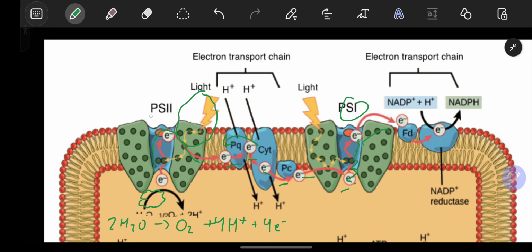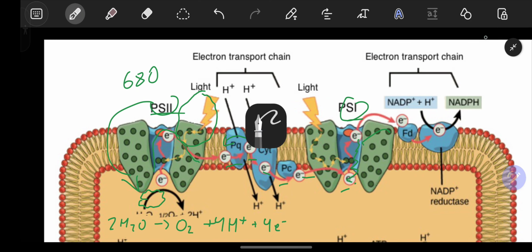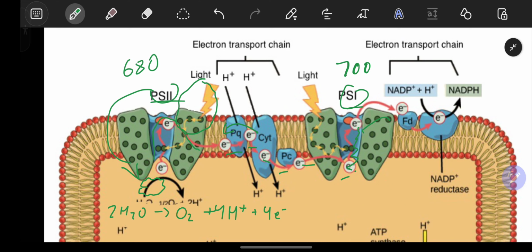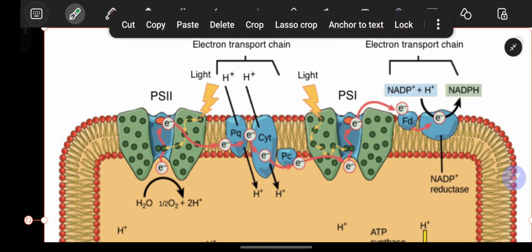The main difference in the two photosystems, aside from photosystem 2 being accompanied by the water-splitting enzyme, is that photosystem 2 primarily absorbs light of the wavelength of 680, whereas photosystem 1 absorbs sunlight with the wavelength of 700. One quick thing to mention before we move on to the final reduction part of the electrons is that every